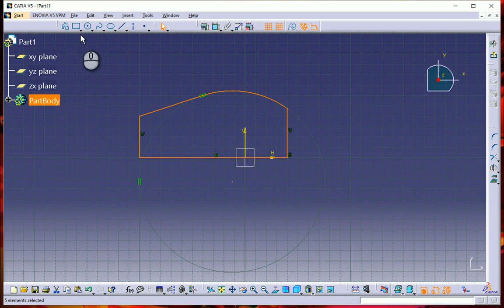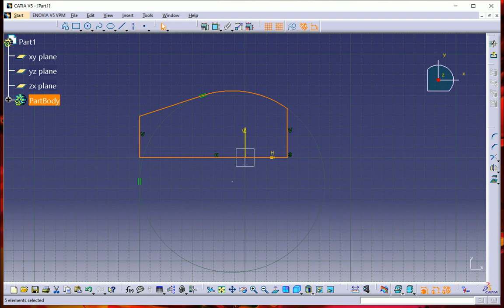So over here you can see this is the profile toolbar, this is the constraint toolbar which we have, right? This is the general toolbar that we have. Okay, so these toolbars are basically a set of tools which are given to us in a particular workbench, which help us in creating the desired outcome. Whatever we need to make, whatever we need to draw, whatever we need to produce, that is made in a particular workbench by using a set of tools that we have, right? And the tools are given in the toolbar.